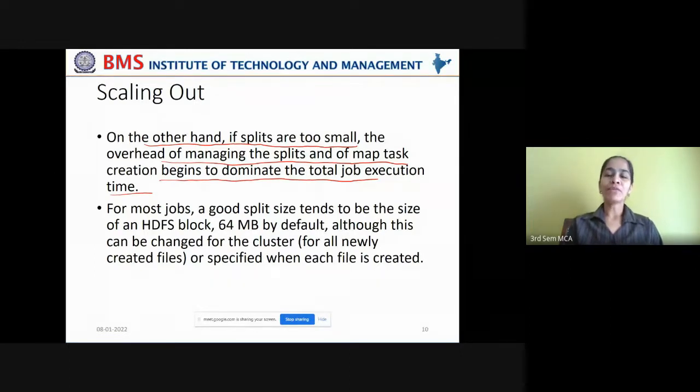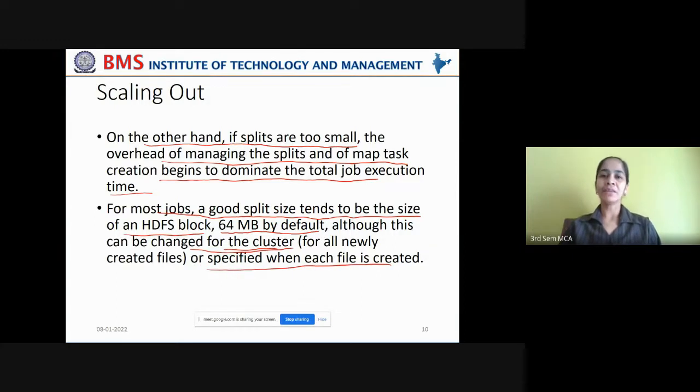For that, how should we decide on a good input split size? For most jobs, a good split size tends to be the size of an HDFS block. So what is the default size of an HDFS block? The same can be decided as the input split size also. So it should be 64 MB by default, although it can be changed for the cluster for all newly created files or specified when each file is created.